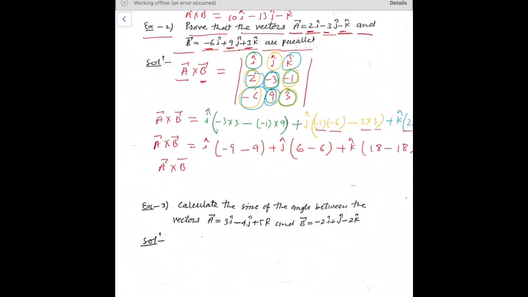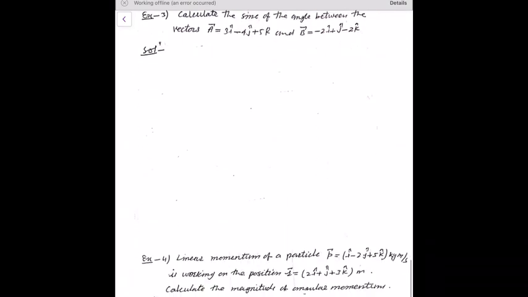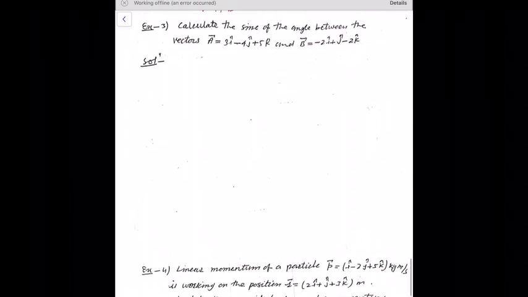So A cross B vector is equal to 0. Hence A vector is parallel to B vector. Clear? Next,